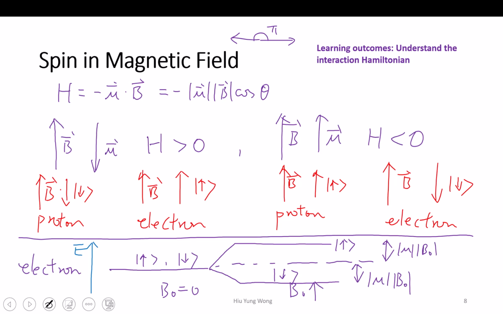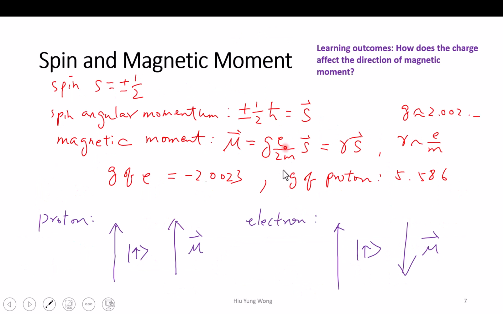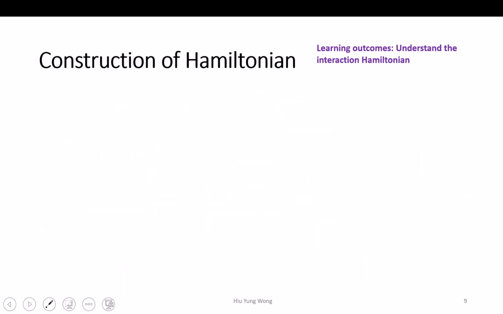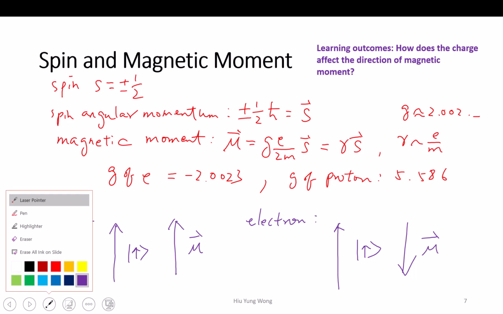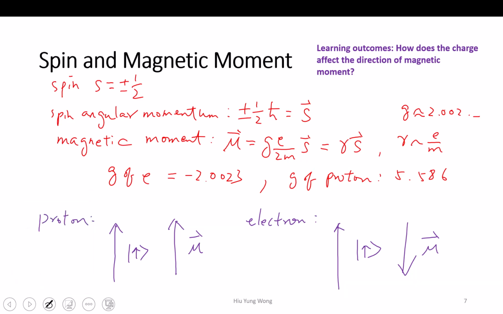Oh, and I forgot to emphasize, what is this mu? Is this mu just equal to E divided by M, right? Oh, that's it. Not E divided by M. The mu, I forgot to write this carefully here first. So what is the mu if this is like this one, right? So I say that,